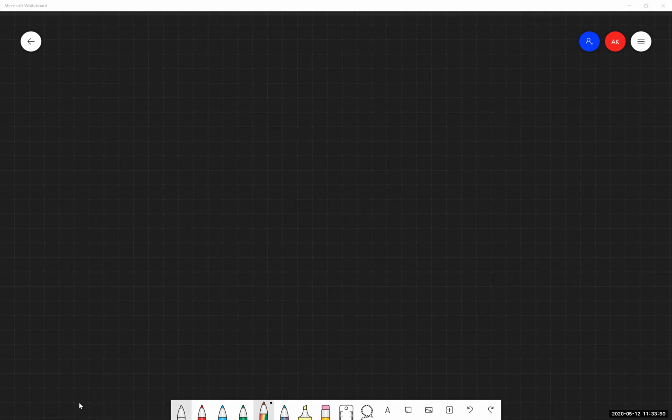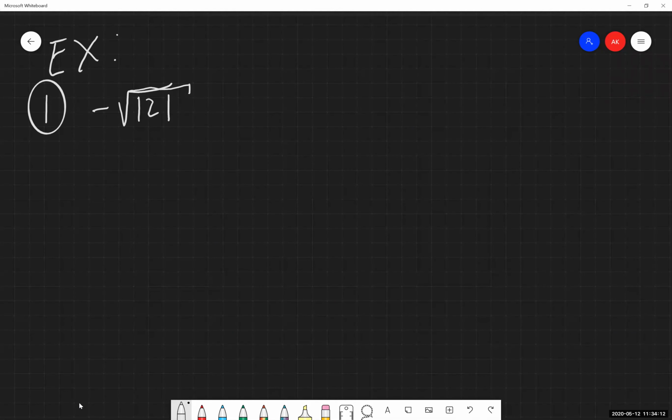Okay. So our first example, we are told to simplify the negative square root of 121. I'll give you a quick second here. I'm going to ask it hypothetically and give you a couple seconds to think on your own. Am I going to have one answer to this, or am I going to have 2 answers based on what I'm being asked and what I've been given initially? So take a quick second, think on it on your own.